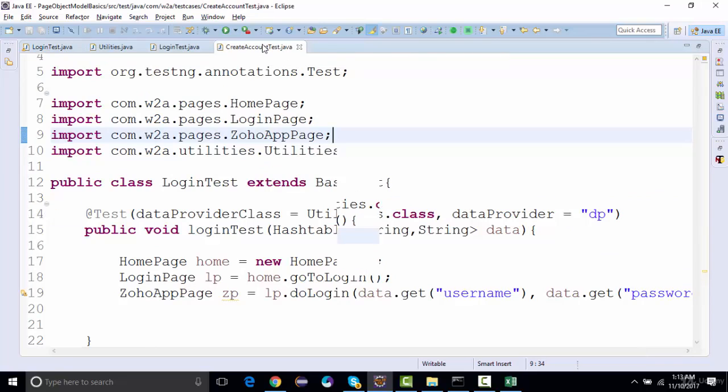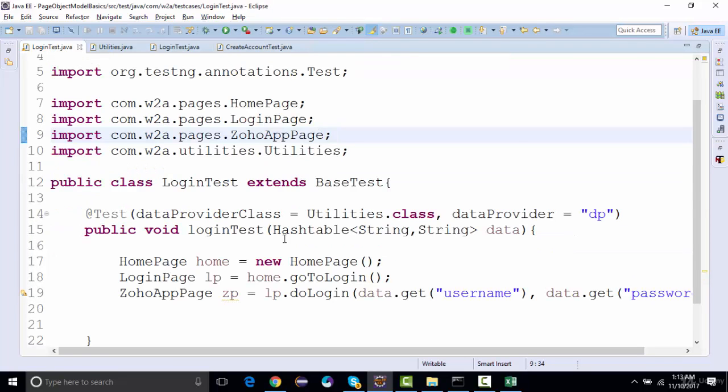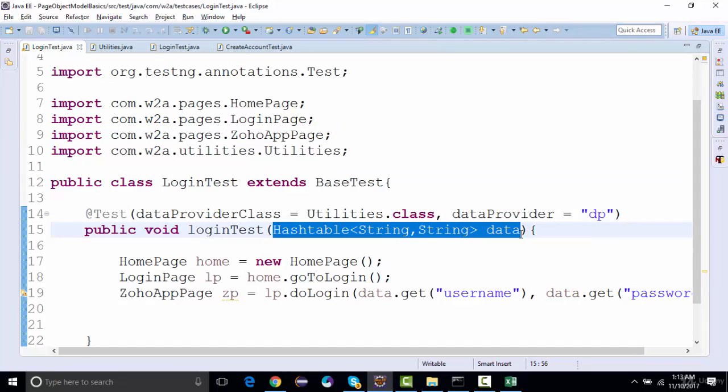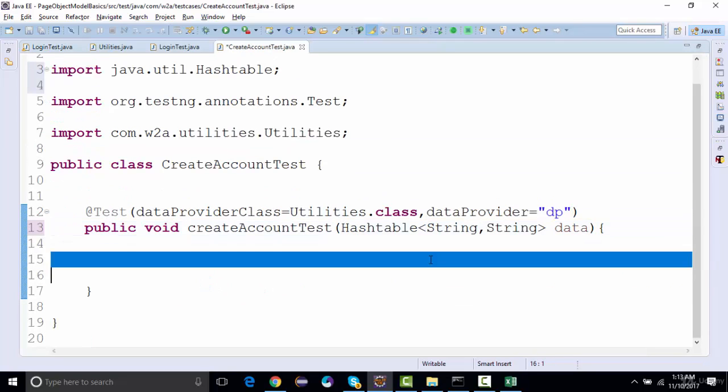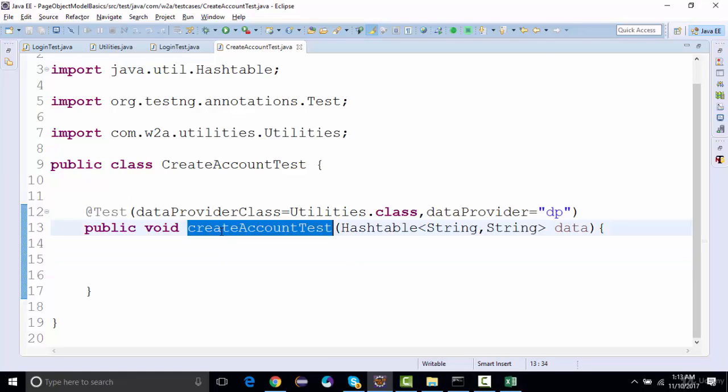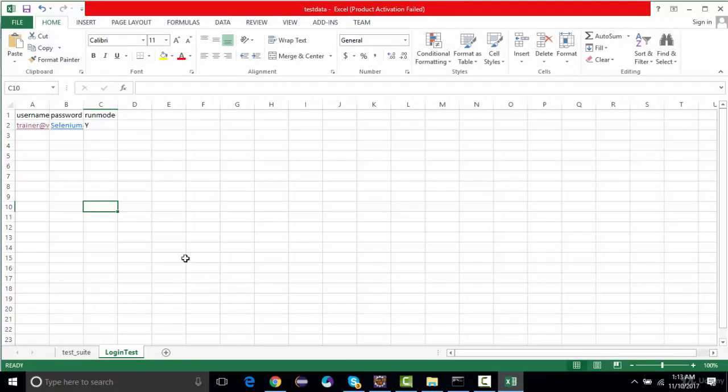Then we need a hash table where we'll be reading the data from for creating an account. And in create account test, I'll be adding up a sheet over here. This is create account test,